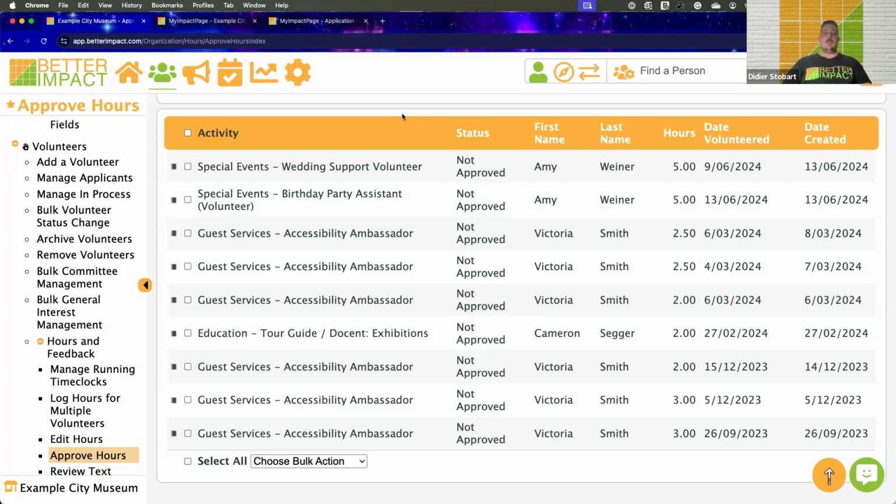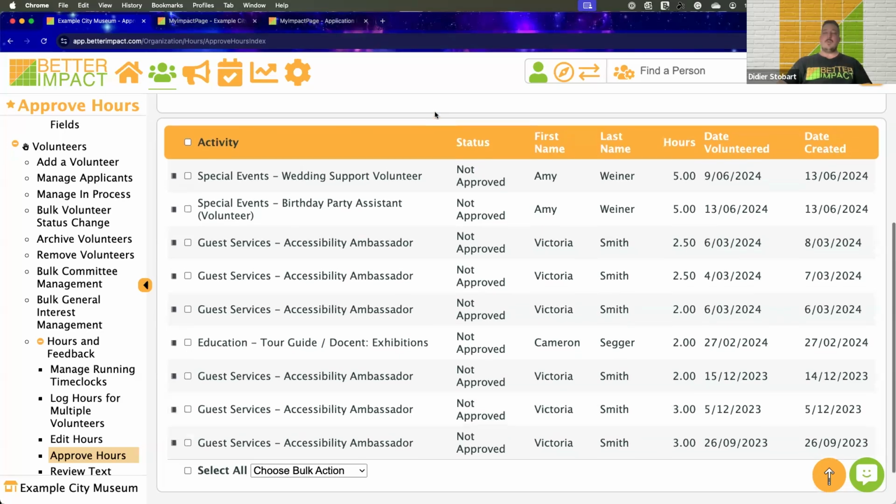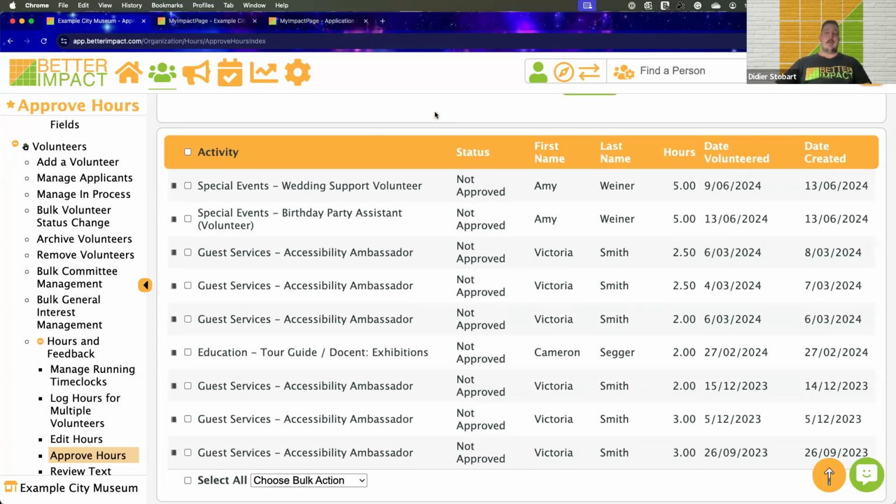They can log their hours through the app when they're finished. So once they've finished their shift, they go on and log their hours for the day. There can be auto log of hours. So if they're working 9 to 5 on a Friday, that's going to automatically log for them. Or the admins can actually log hours on their behalf, or they can clock in and clock out for them